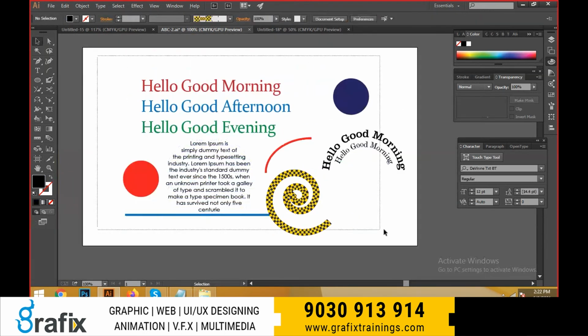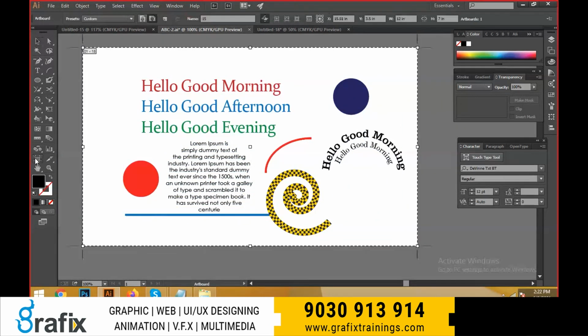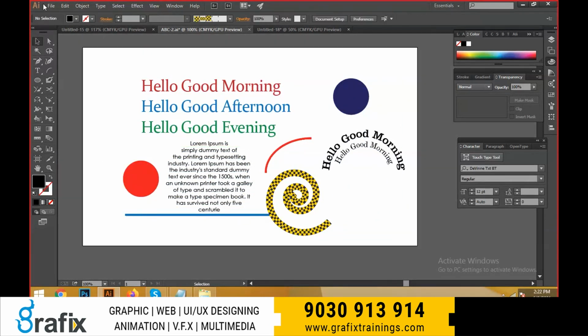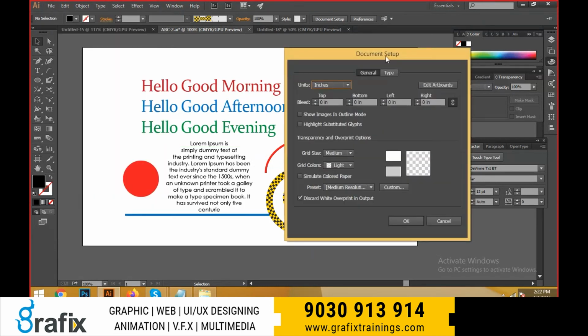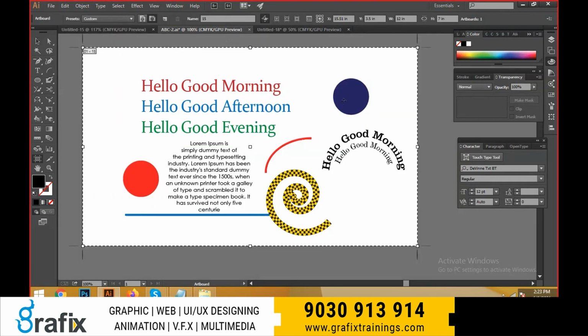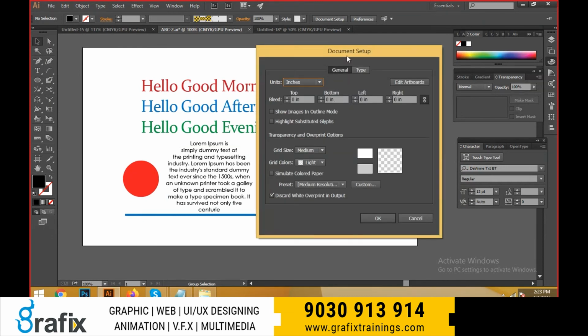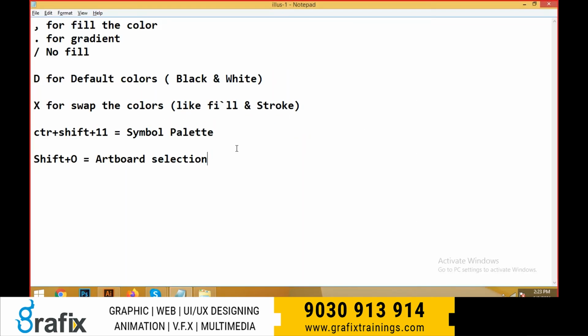Like this, and select this one. And you can select the artboard directly here, or otherwise the shortcut is Shift-O, or otherwise you can go to File, Control-Alt-P. The edit artboards you can select like this only, and the shortcut is Control-Alt-P, document setup, edit artboards, the same thing, artboard selection only.